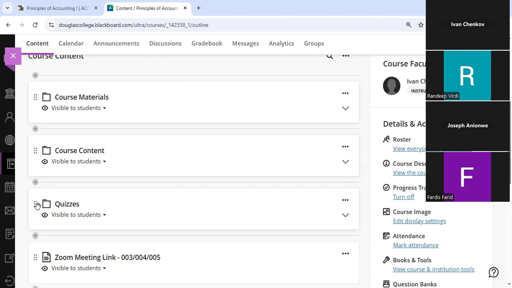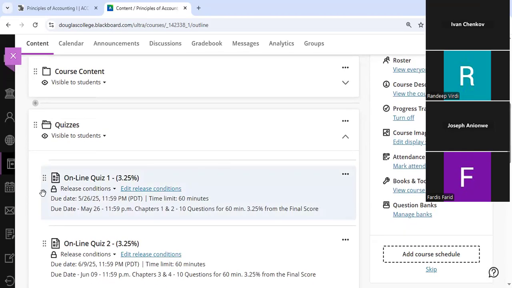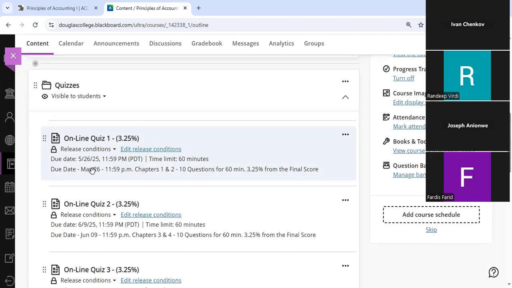The last section here that I haven't covered yet is the quizzes. In this section, you're going to see the quizzes that you have to do during the semester. And the quiz due dates are already posted for you. I'll try to stick with those due dates and see how it goes. Maybe for you, I'm going to extend the due date by 1 week for the first 2 quizzes, just to give you a little bit more time. But I want to see how you're doing, how you're responding to the material,